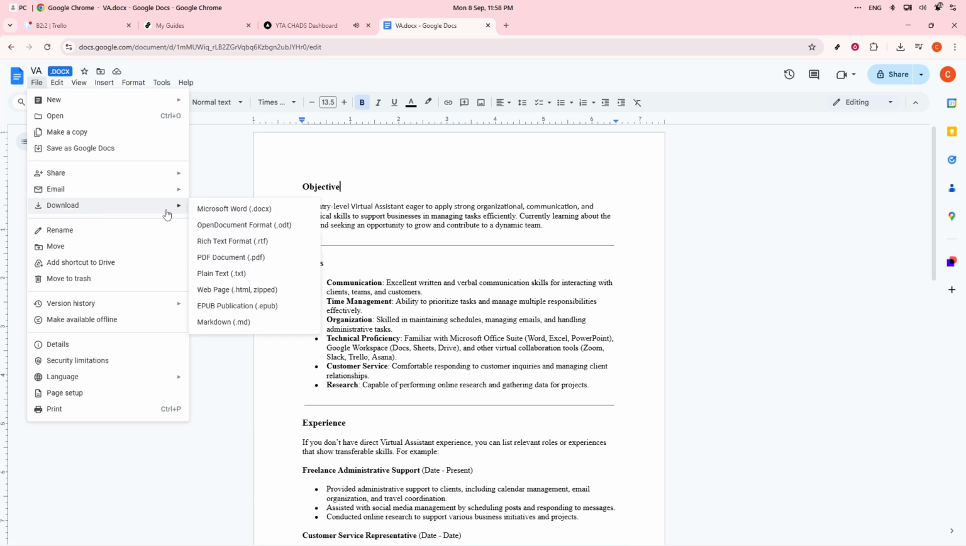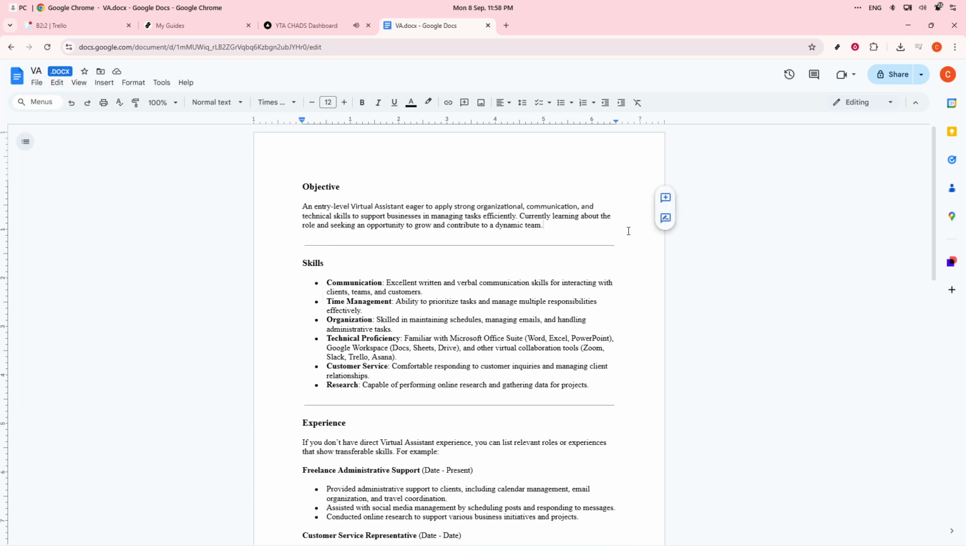By following these steps, you should be able to troubleshoot and fix any problems with Google Docs not working or with documents